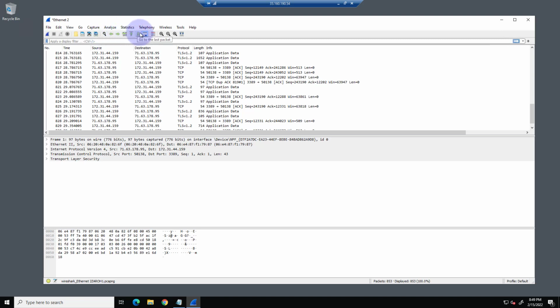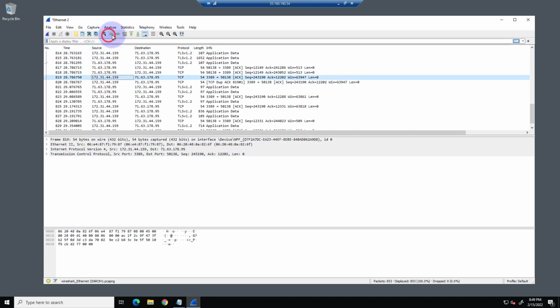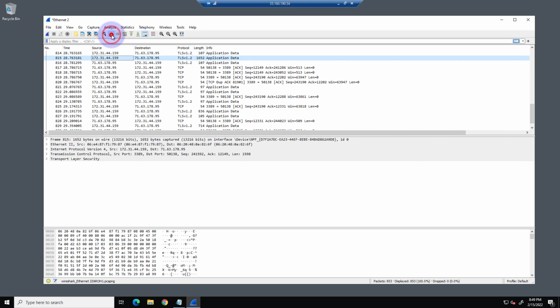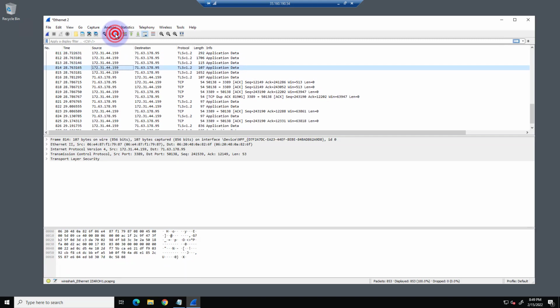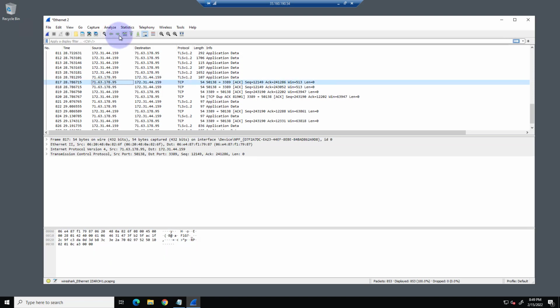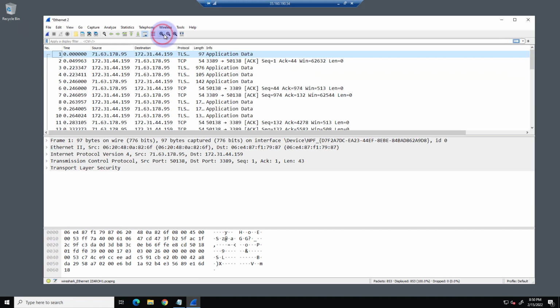Then I've got some navigation buttons. If I click on one of these, I can scroll one by one forward or backwards through here to see what the different packets are. I can skip to the beginning, skip to the end. So I'm going to skip to the beginning of this, and we're going to start analyzing from the beginning. And then there's some zoom in and zoom out. So I'm going to zoom in so we can see what we're doing here